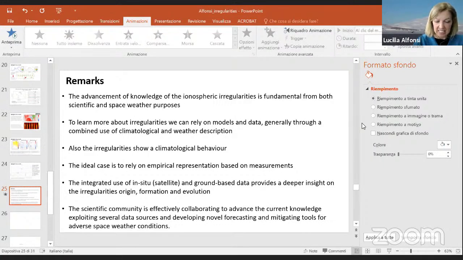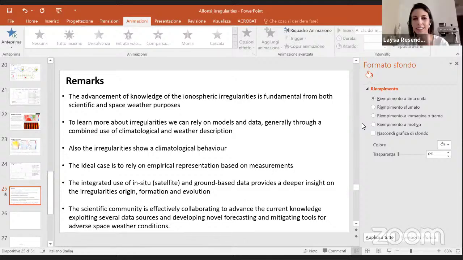The difference stands in the mechanism, essentially, and in the fact that the bubbles are related to depletion of electron density, while the blobs are more related to enhancement of electron density. Anyhow, the mechanisms of formation are completely different, because plasma bubbles are typical of low latitudes, while auroral blobs, as the name says, are typical of the auroral regions.